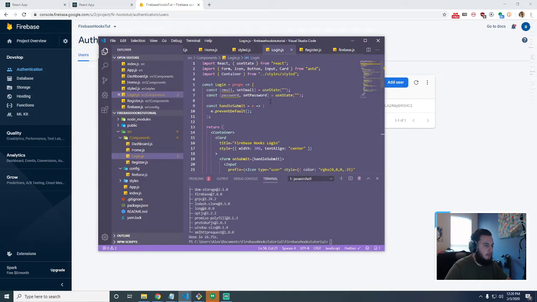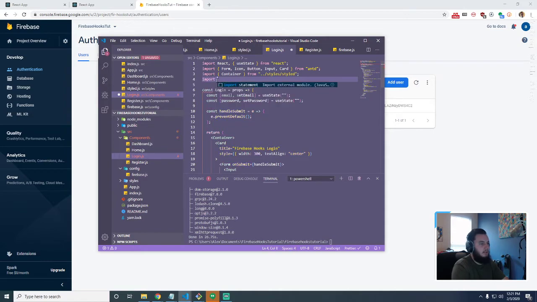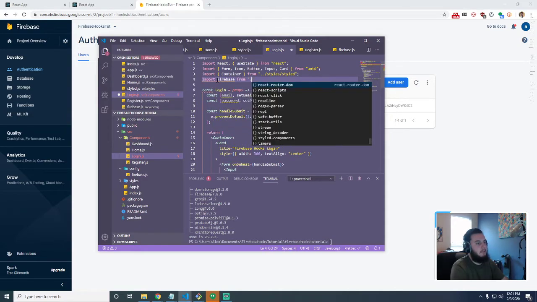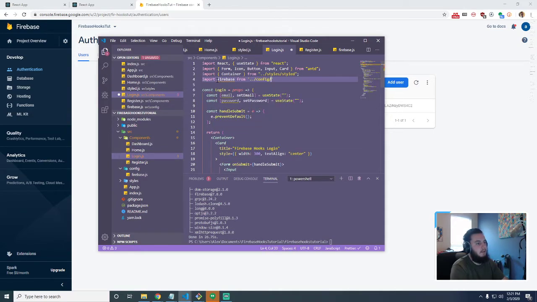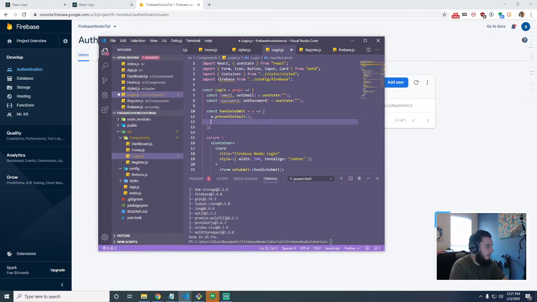We're going to move into our login component, and like I said earlier, this one is going to be even easier than the register. So let's do the same thing that we did before. Import Firebase from config Firebase. And then again, within that handle submit, this time we're just going to put it straight in here without the need for another function. Call firebase.login, pass in the email and password,